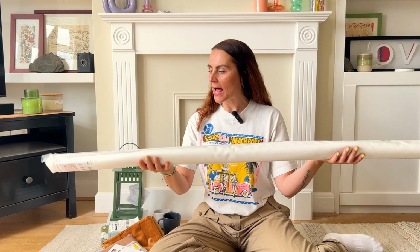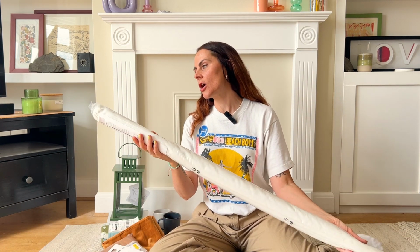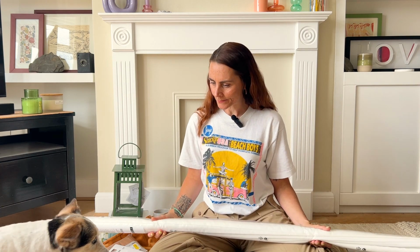But anyway, for the more small items that I bought at IKEA, this is what I got. So first up is one of these blinds. These are the ring